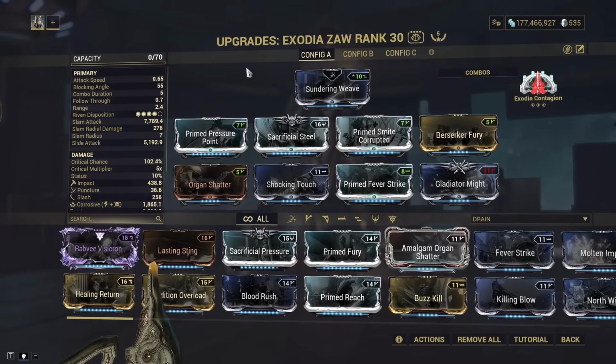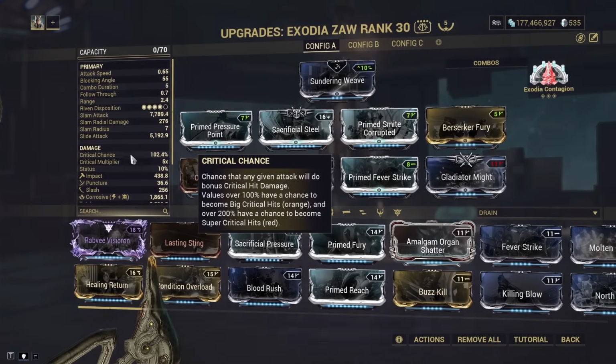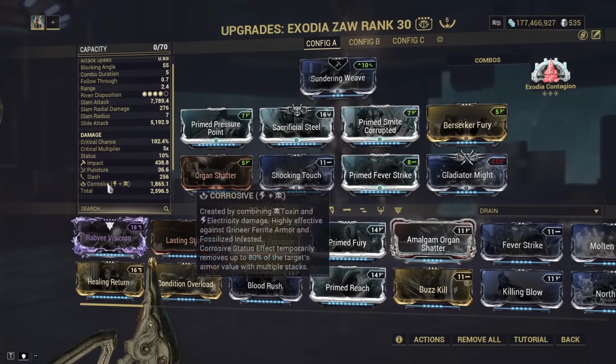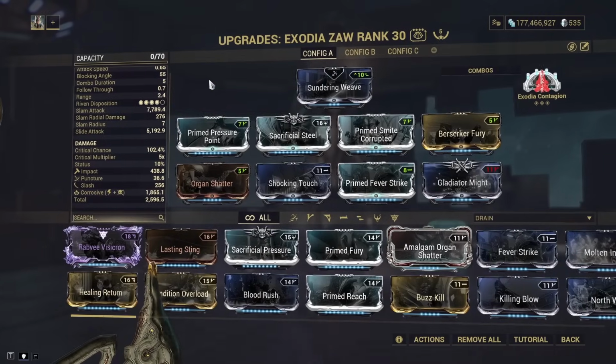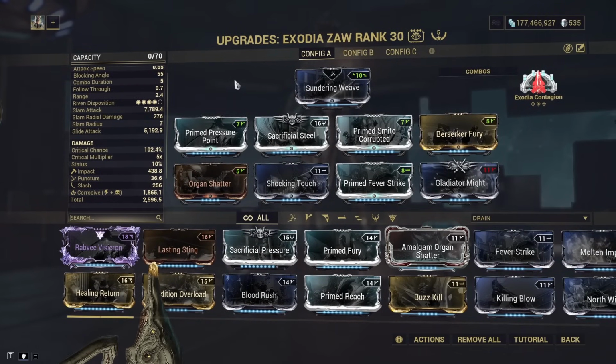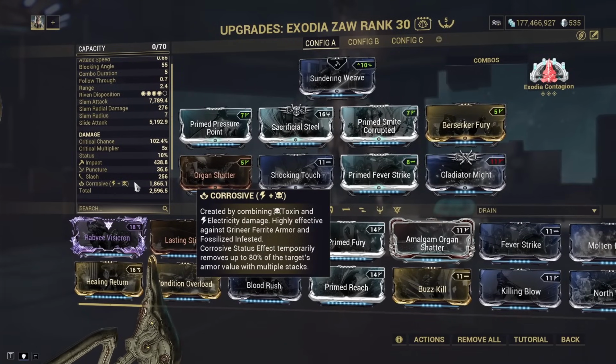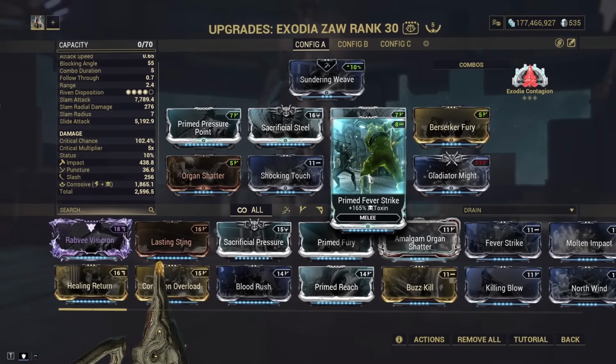Now, for those of you who haven't seen my channel before, an Exodia Contagion build essentially is going to revolve around high crit chance and crit damage, and then whatever element you happen to need for the faction you're going against. In our case, we are going to be testing this against Corrupted Heavy Gunners, so I have put on Prime Smite Corrupted here, and we are using Corrosive Damage, which means that we can make use of Primed Fever